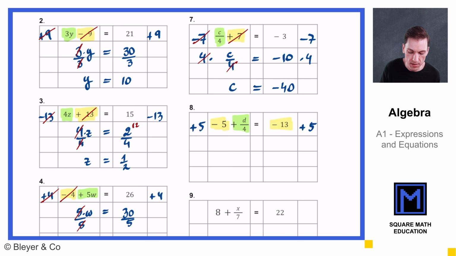We always need to do the same thing on both sides. Adding 5, subtracting 5 on one side, cancel out. Adding 5 to minus 13 on the other side is gonna result in minus 8. And on this side of my equation, we have d over 4. Now, let's undo the division by 4 by multiplying by 4. So 4 times, 4 times on both sides of my equation. We're gonna cancel it out. We're gonna have d equals, on the other side, 4 times negative 8, gonna be minus 32,